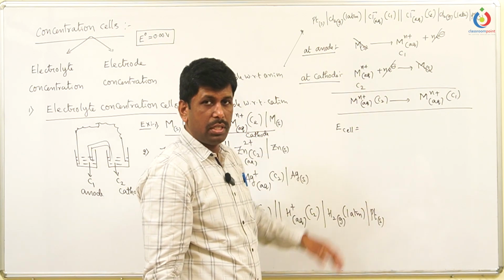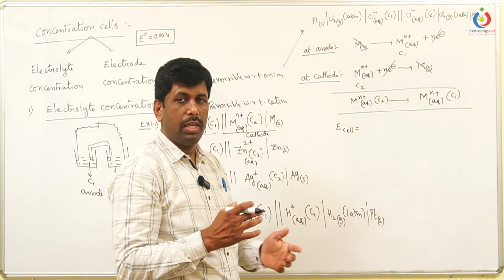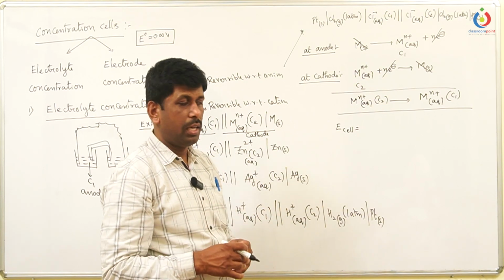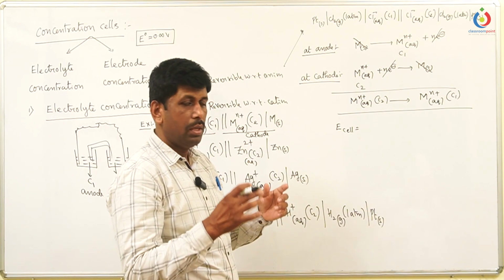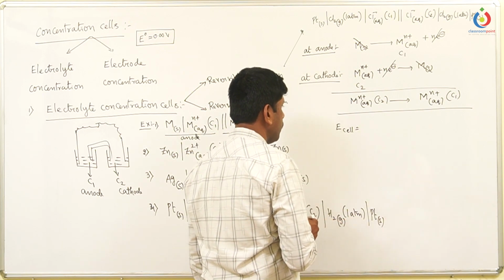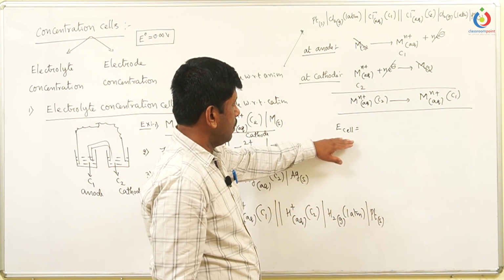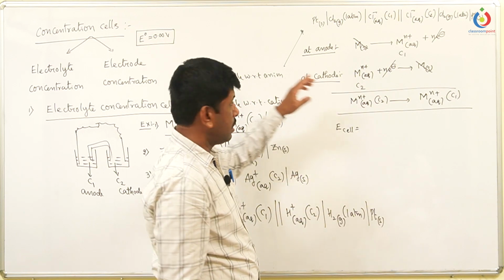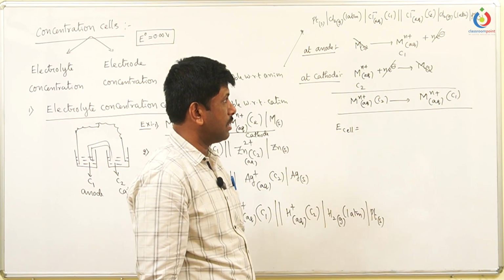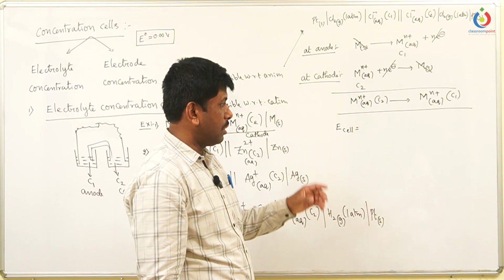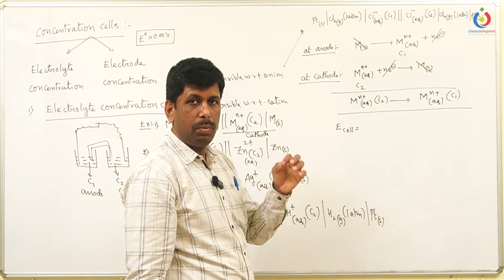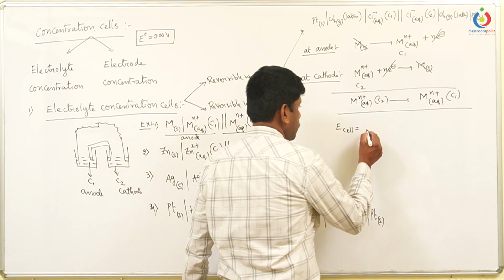And all these derivations are taken at 298 kelvin. That's why 2.303 RT by F is taken directly as 0.059. So I can write this as minus